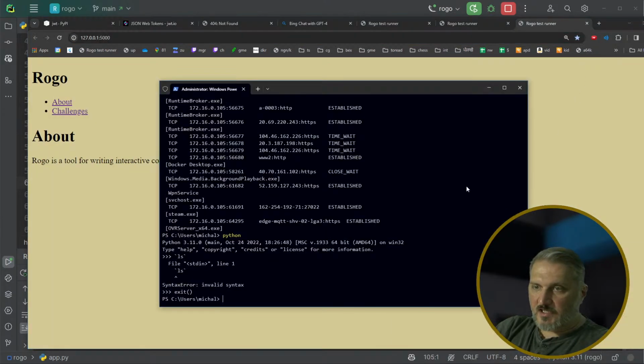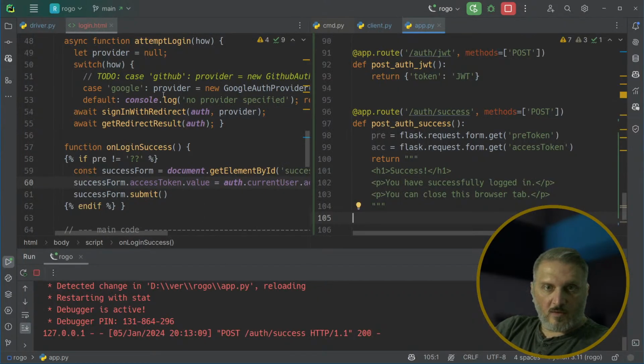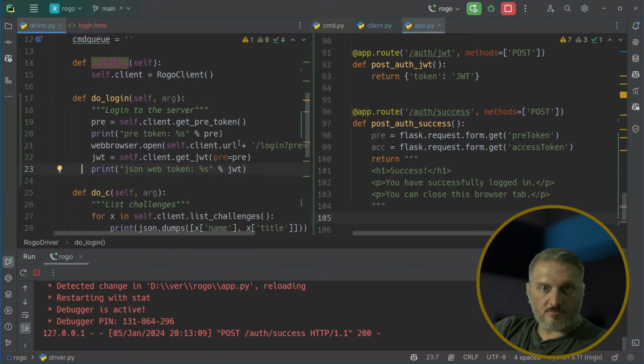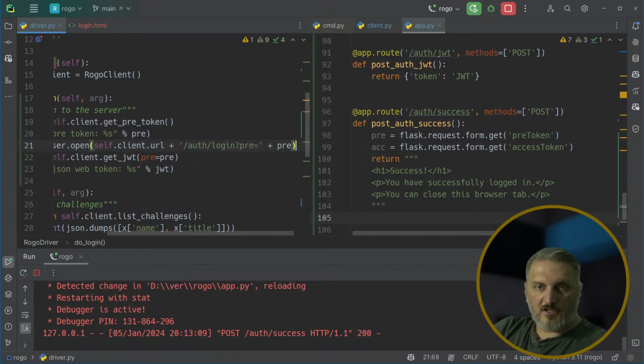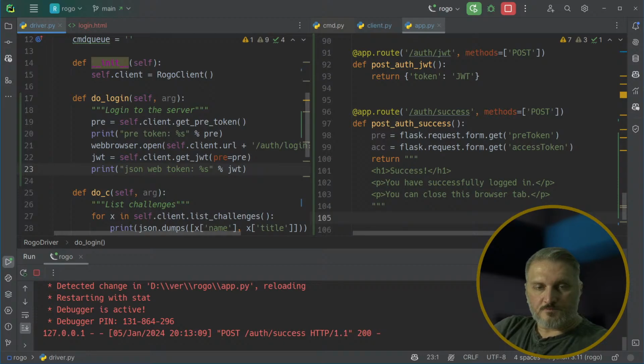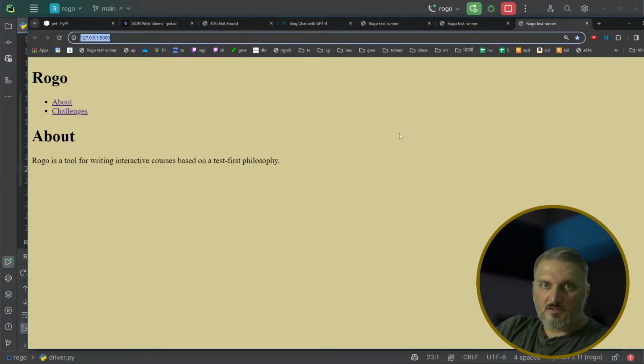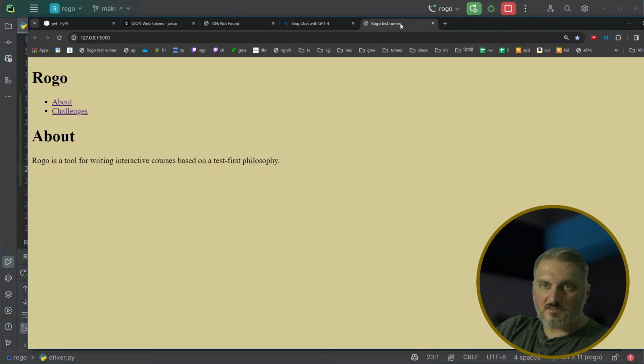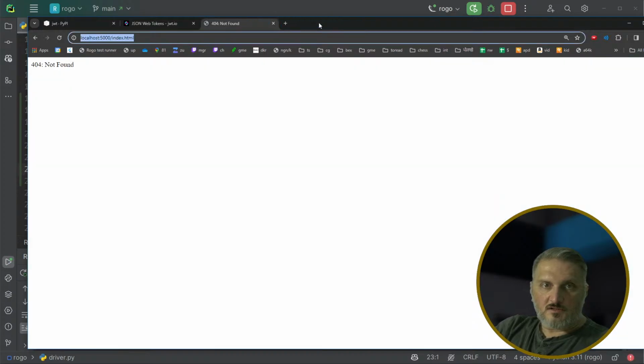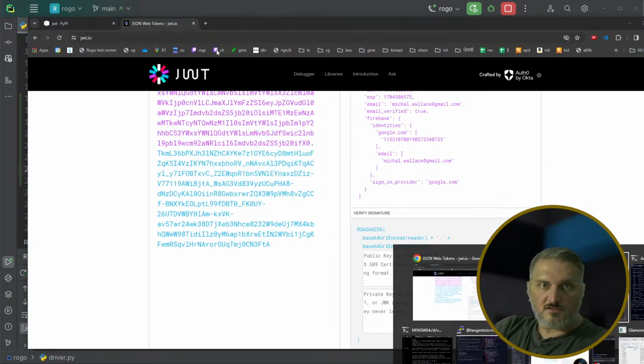And so now let's go back here where we say web browser open in the driver. We're not going to go to client URL. We're going to go to auth, login, and the pre is going to be the prefix. All right, so now let's try this whole process. Close this, close this, close this,